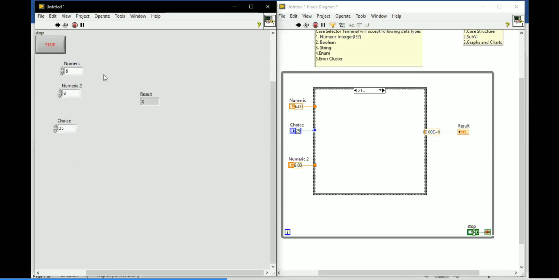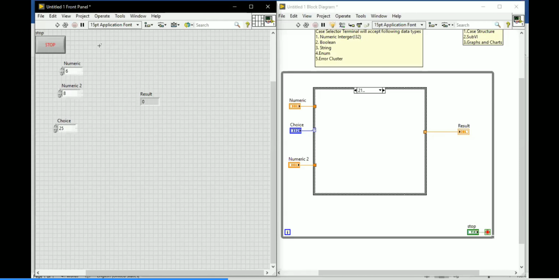Don't think that use default if unwired applies when the case is not available. Remember, if the choice value is not available in the case structure, it will execute the default case.